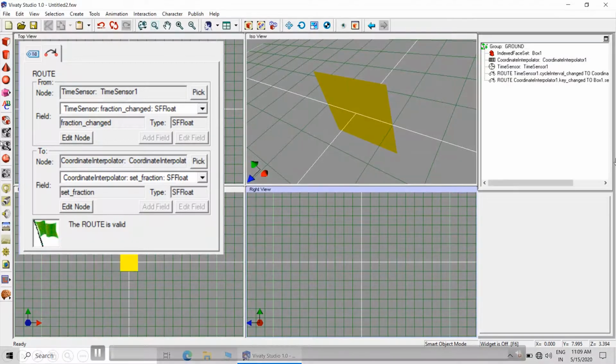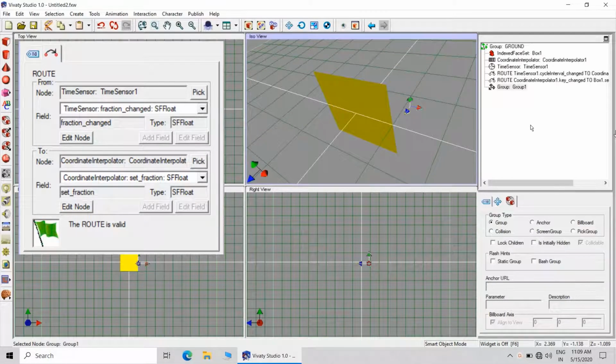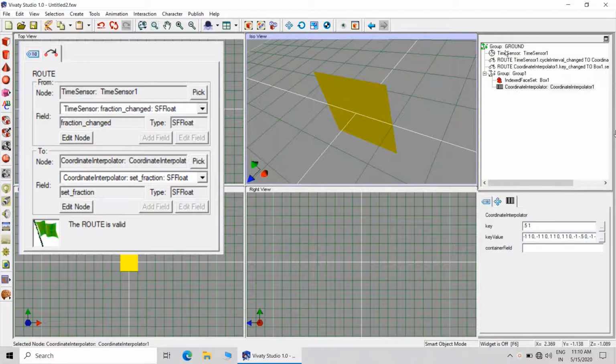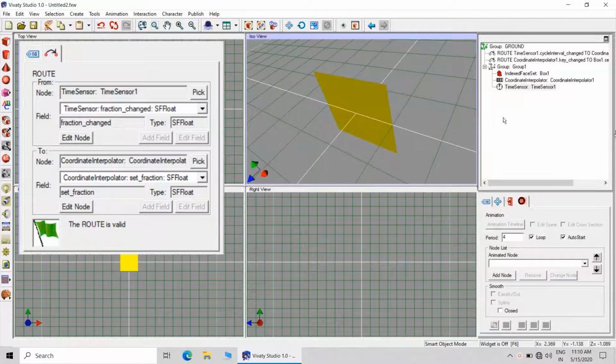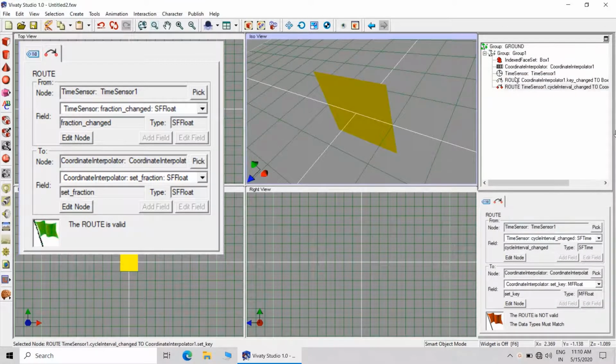Now we have to define these routes. So create a group, then bring the indexed face set IFS under this group, then apply the routes directly to the group.